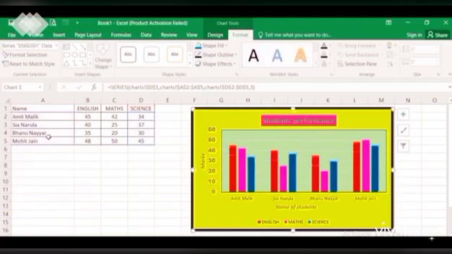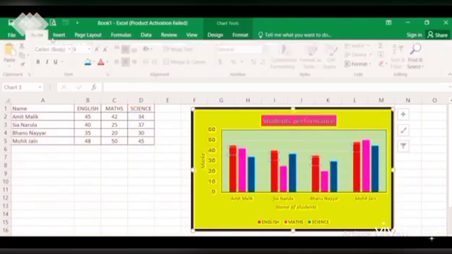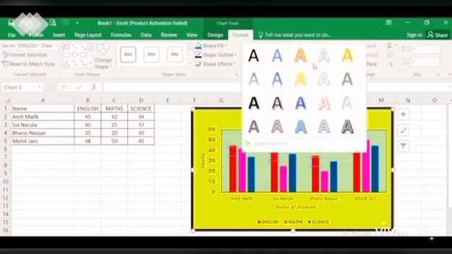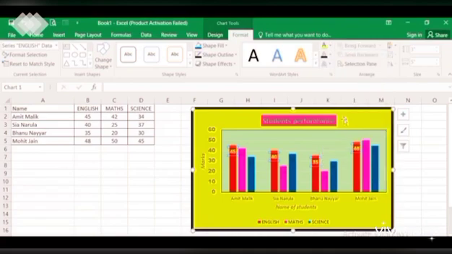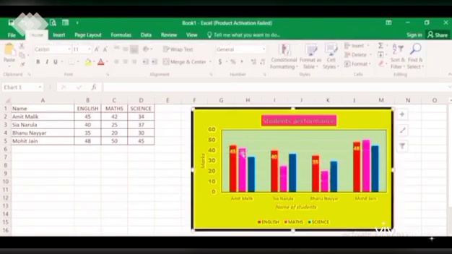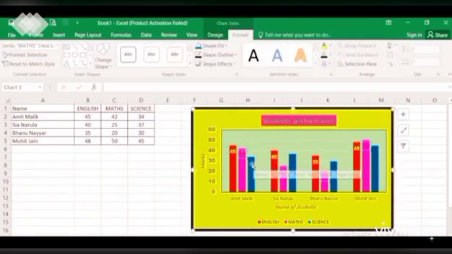You can even format the data labels, the values which are written inside. In case you want to increase the size, just increase the size of this data. You can make it bold, or you want to change the color, you can change the color also. Suppose I want to change it to yellow, I can make it yellow. Same as for others also. Suppose you want to have the same for all, so you just press the shift key and select it like this. And again I can change it. Suppose I want this yellow, this also I want to be yellow, so you can change it. So this is the way we can format the data.